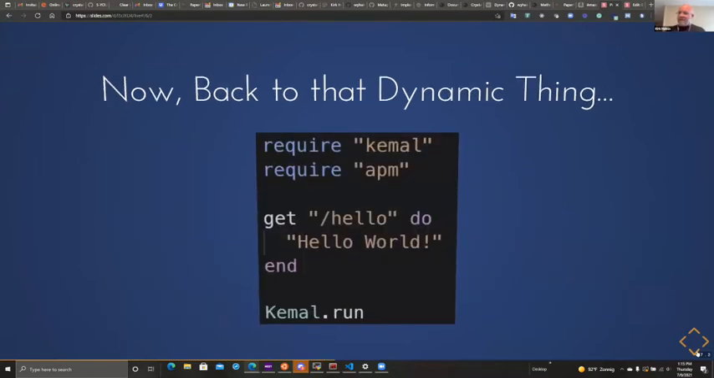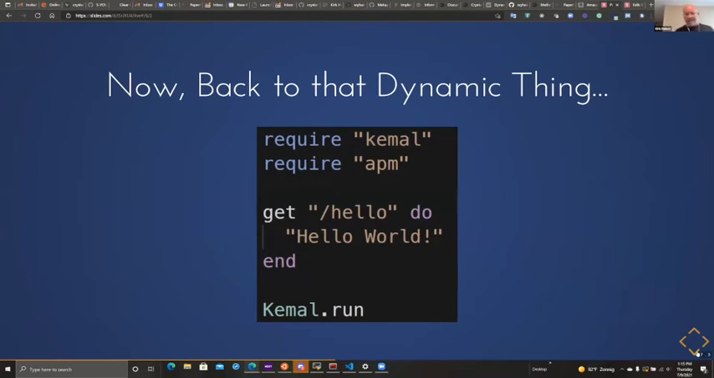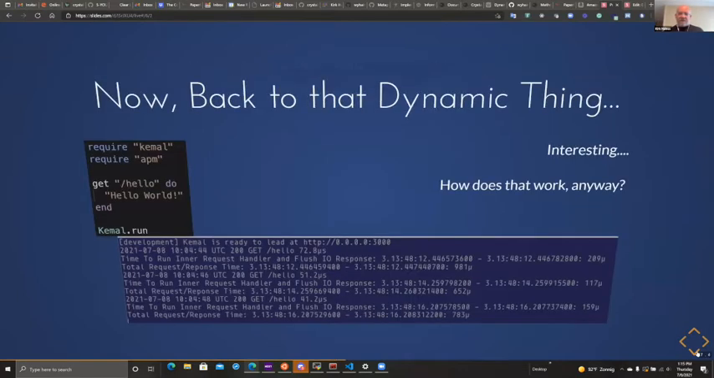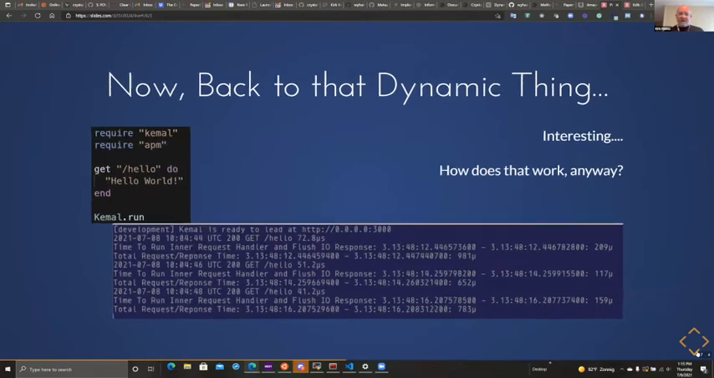We can. I took that little piece of code and I included one other library in it. And I didn't change it in any other way other than to require APM. And then I run it again. And voila, we have a bunch more information. We find out that while